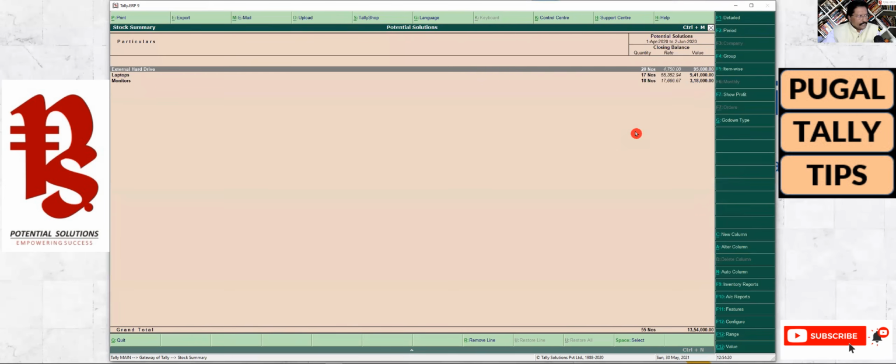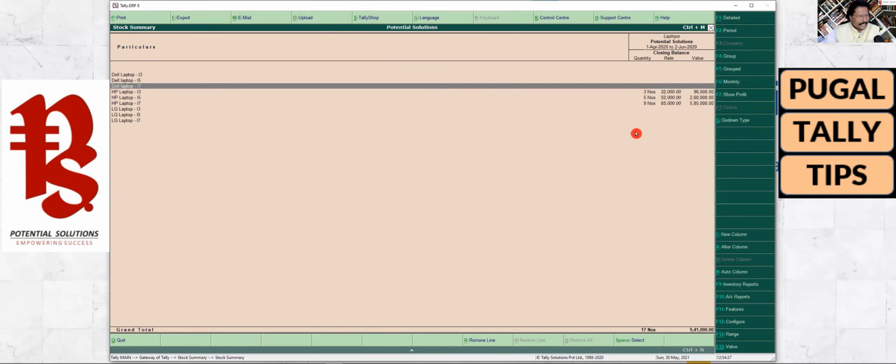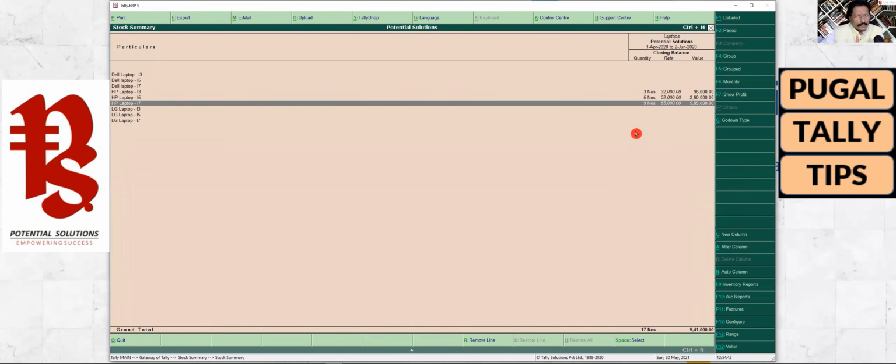If you come to stock summary, let's just go to the laptop, and I'm going to show you a technique of seeing the report in an easier way of getting the information. So we will see i7 here, right? HP laptop i7.